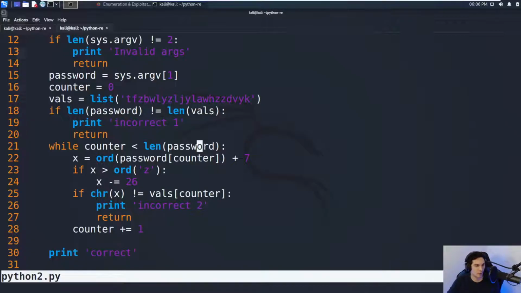Jordan's asking again for the decompiler tool. The decompiler will depend on the language. I used uncompyle for Python. There is JD, the Java decompiler, for Java. There's a lot of different tools out there for different languages, and I'm not going to enumerate them. What I would recommend is go onto Google and type in the specific language plus decompiler, and that will help you find